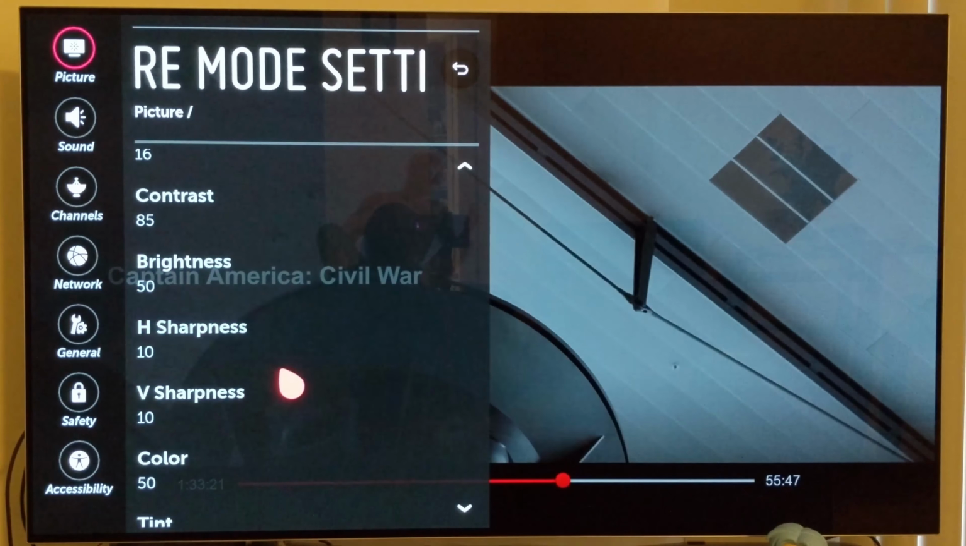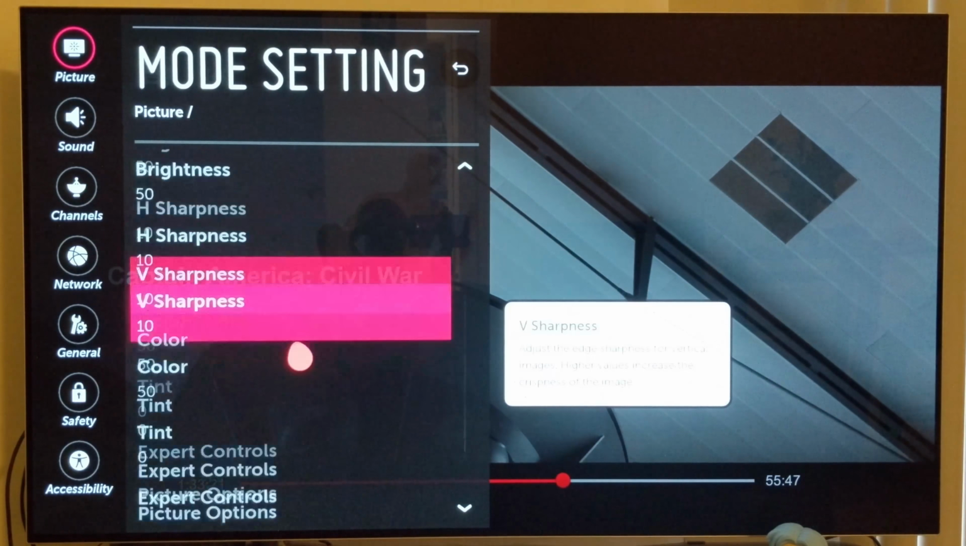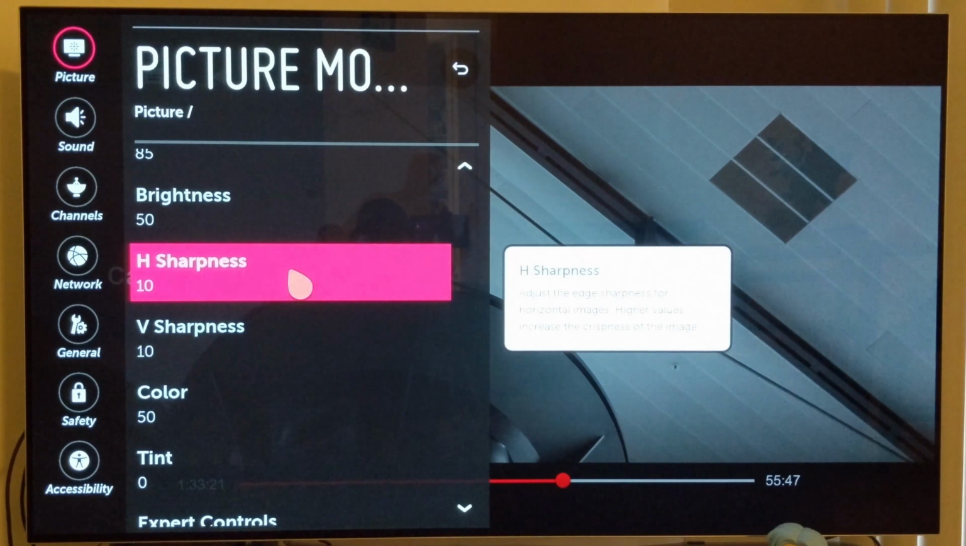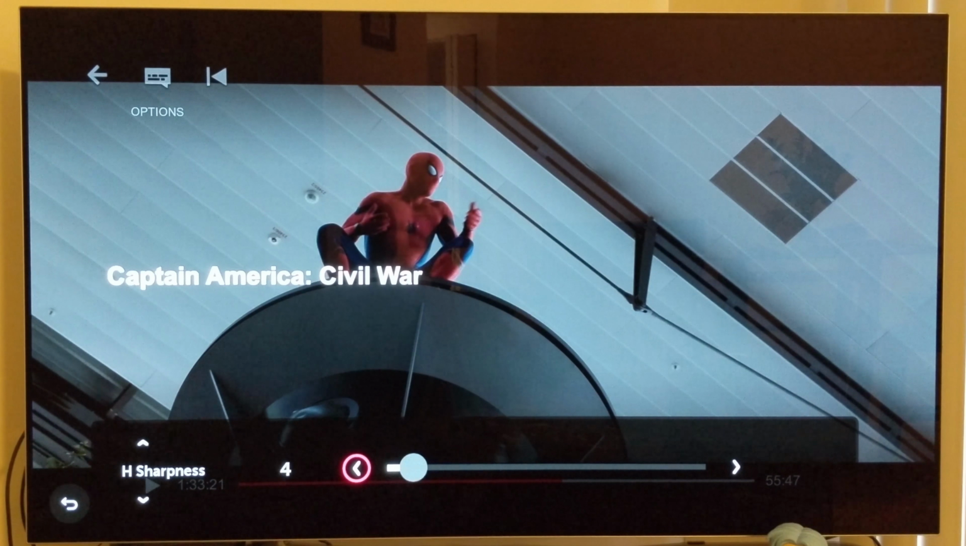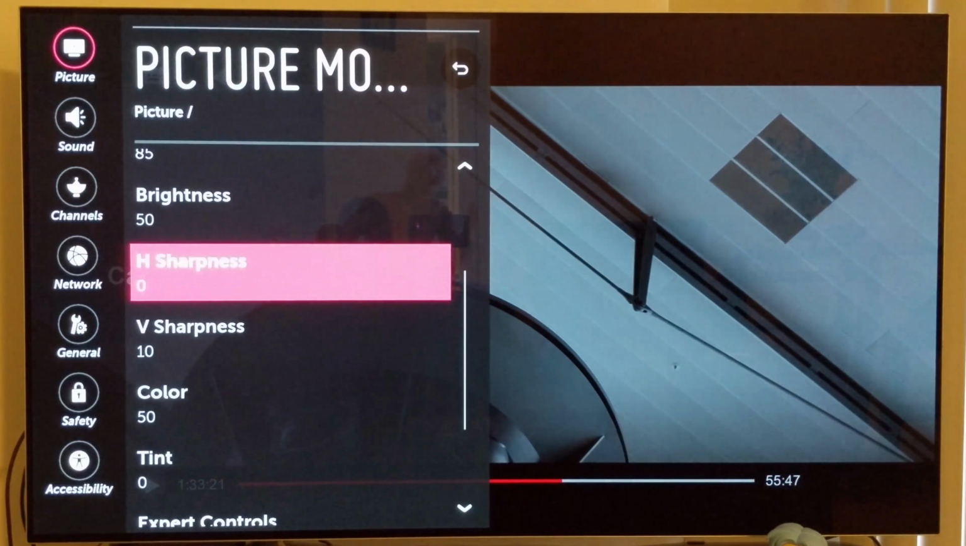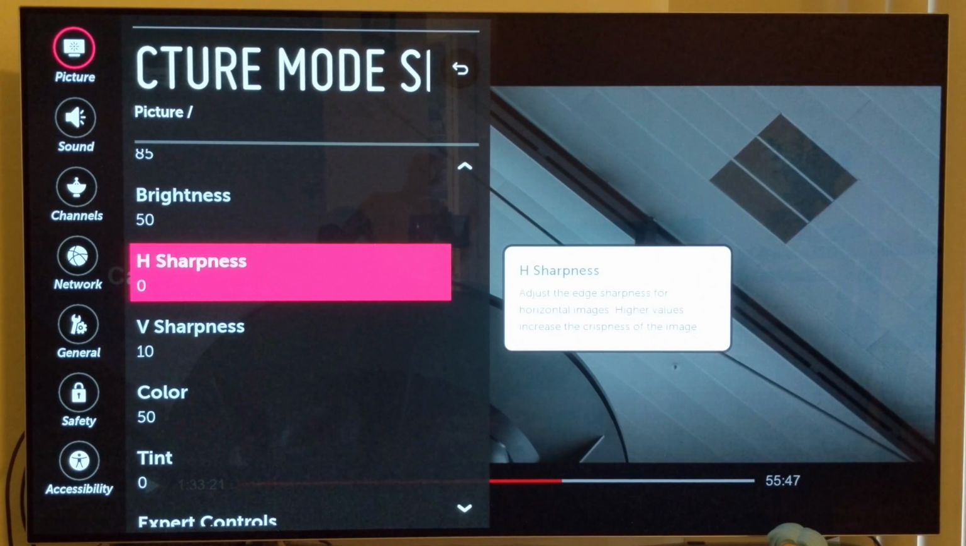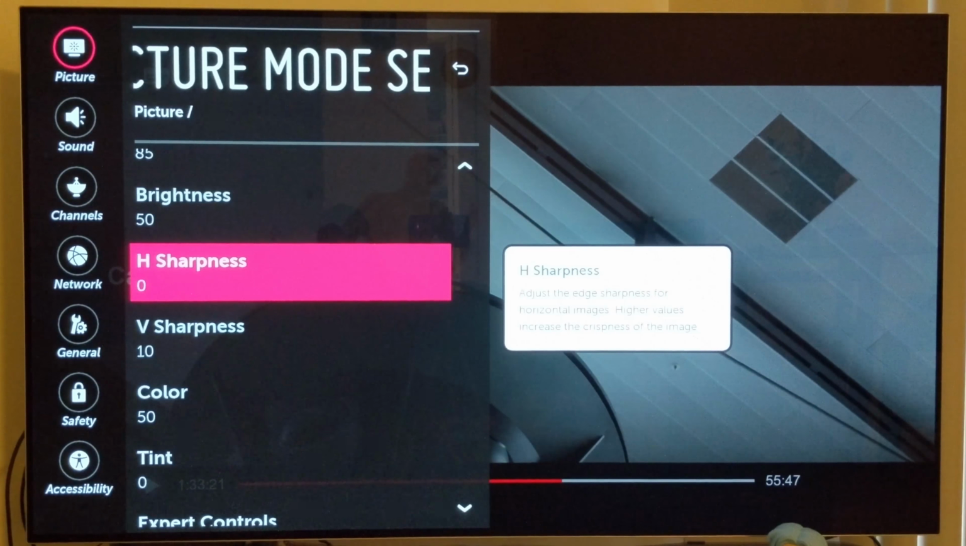And so what I like to do is basically get rid of all sharpness. I don't like it to be sharpened, or because I don't think it's necessary. So I take that off for pretty much everything: sharpness, the horizontal and the vertical. I also